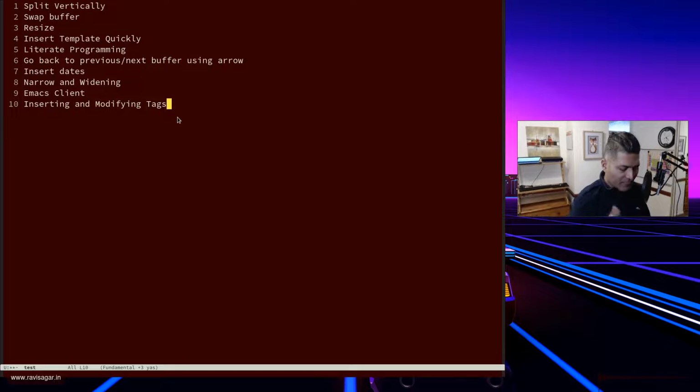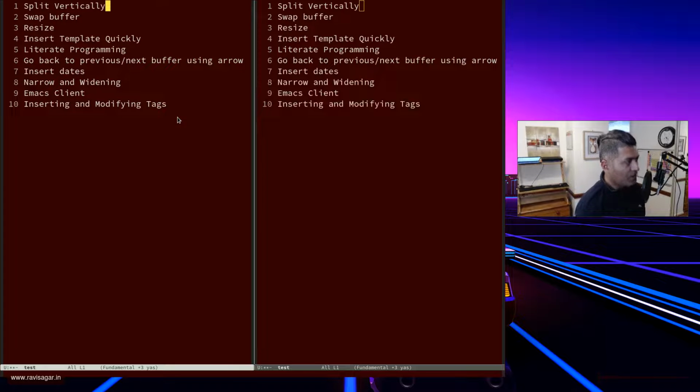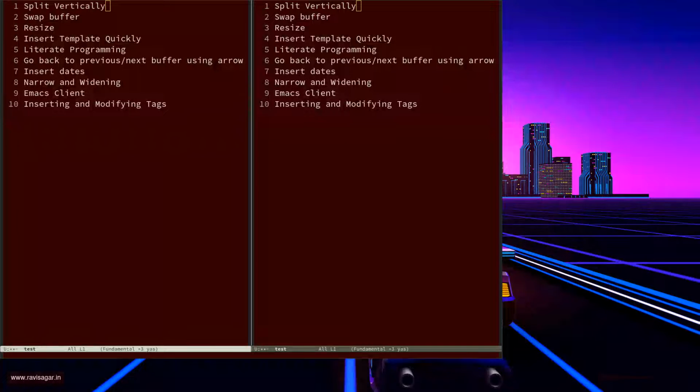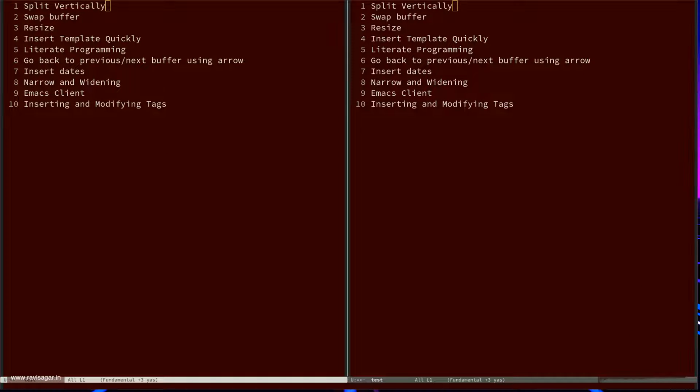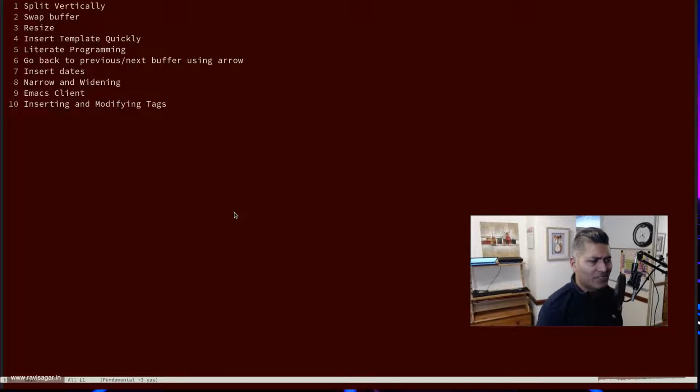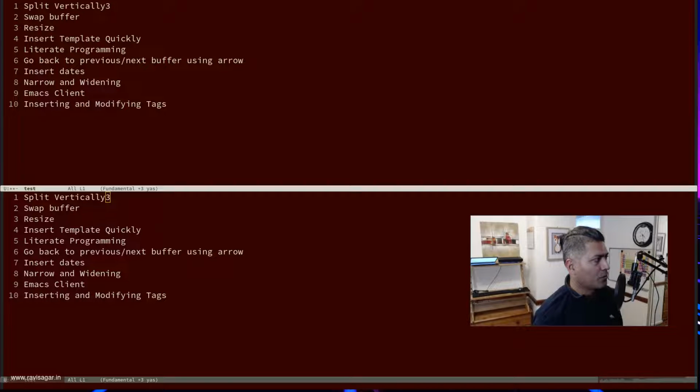So the first thing that I do quite a lot is to split the window. If you press Ctrl X 3, you can split the window vertically. I do vertical split quite a lot, but I don't really do horizontal split, which of course you can do if you press Ctrl X 2, because I just have one 25-inch monitor, and I think it is enough, but sometimes I do split it horizontally. But vertical split is very common for me because I do it all the time,